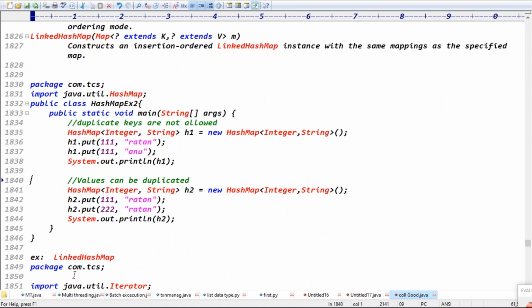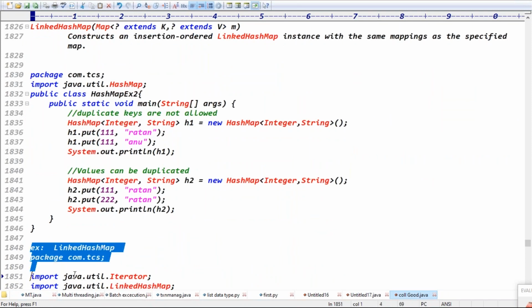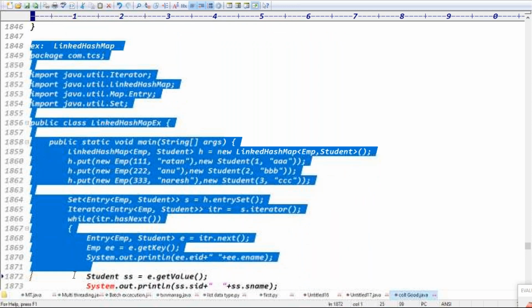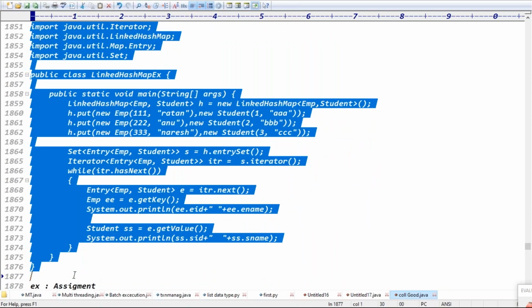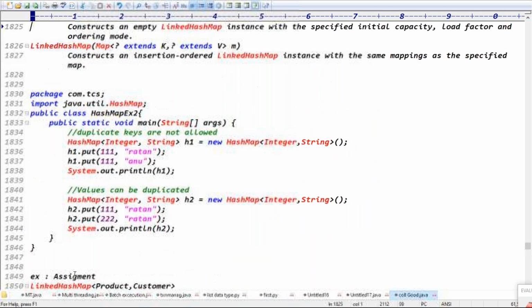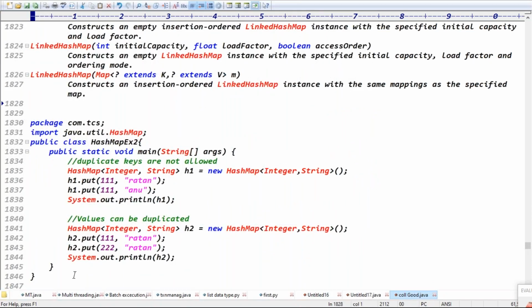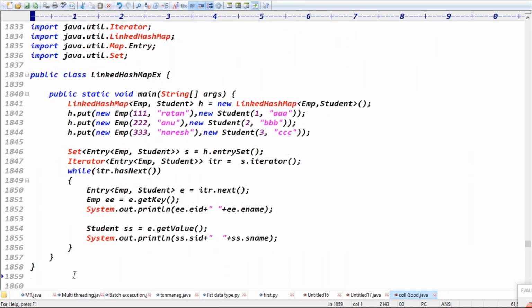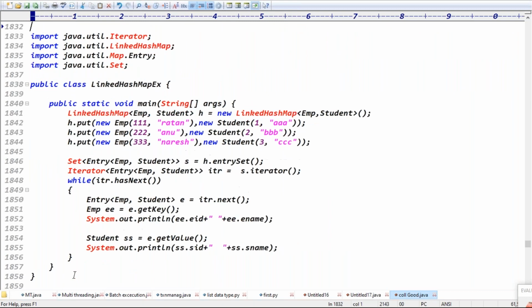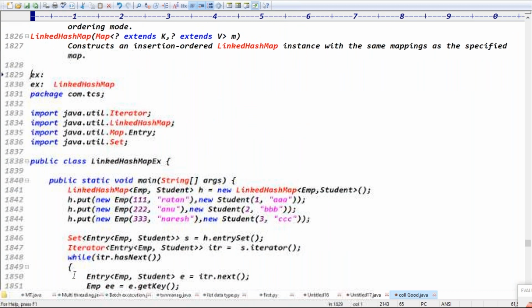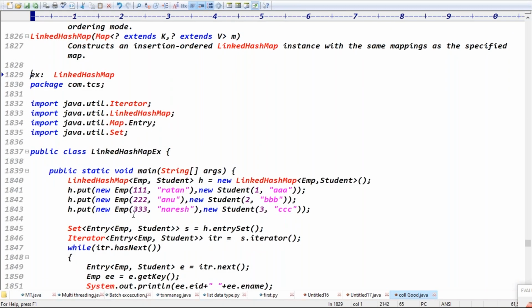This is the example about the LinkedHashMap, guys. You try to check this example. Previously I was inserting what type of data? Normal integer and string, right? But in this example, can anyone please check once? What are we doing here? I'm storing the keys as objects; these are employees, and the values are students, right?